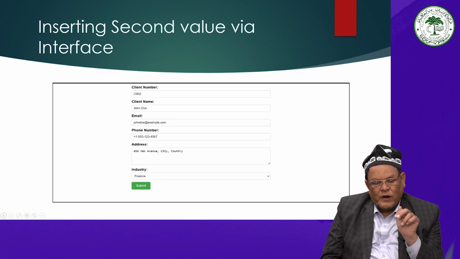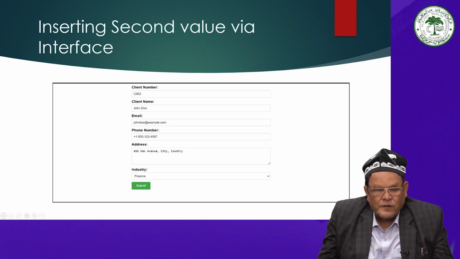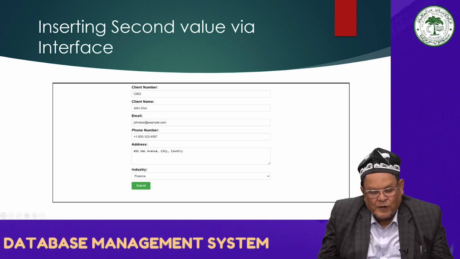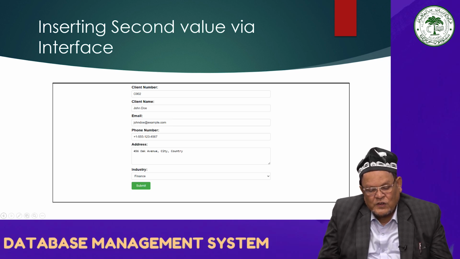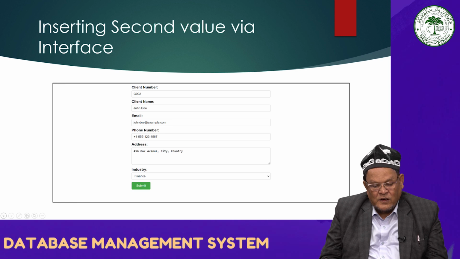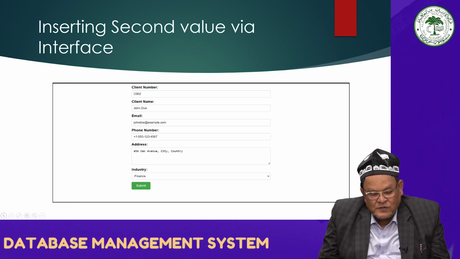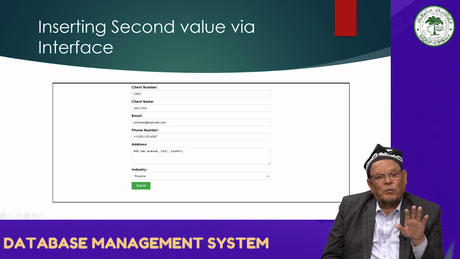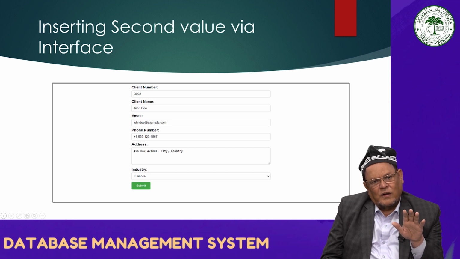email johndew@example.com, phone number 55-123-4567. The address is 456 Oak Avenue, City, Country, and the industry is finance. In this way, you can insert, no bother about the command on the interface